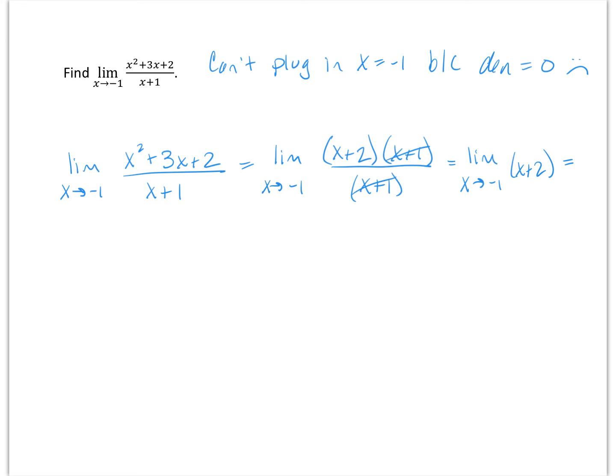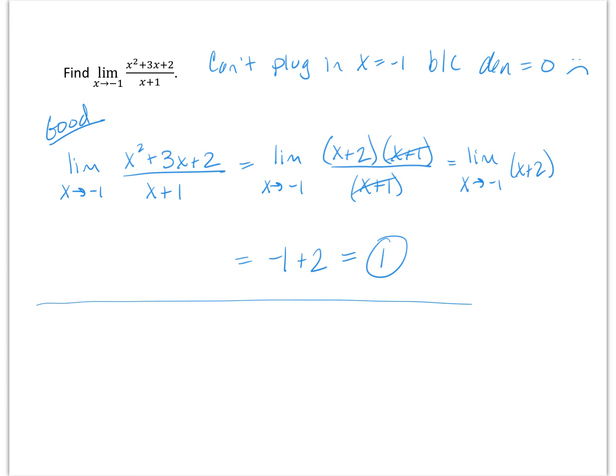I can just plug a -1 in because what I have now, x plus 2, is a continuous function. So this is going to become -1 plus 2, which is 1. Okay, so this is an example of good notation. Okay, an example of bad notation